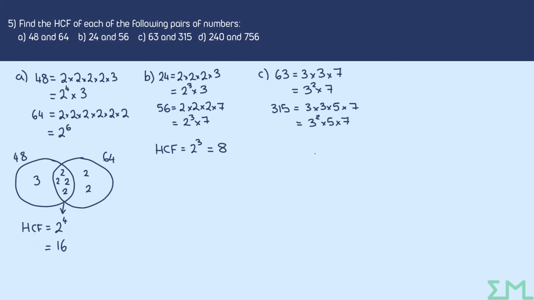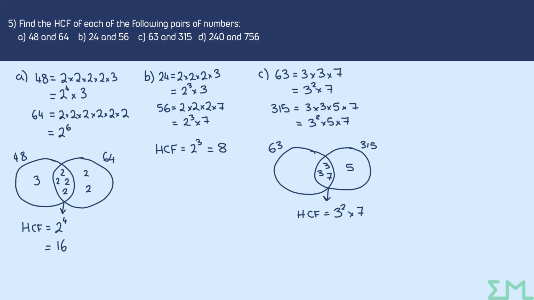Now we're going to do the Venn diagram method again. So I draw my circles, decent sized overlap, 63, 315, things that are the same. 2 3's are the same, and a 7. 63 doesn't need any extra numbers, so I don't need to put anything here, and 315 needs an extra 5. So my HCF is the product of the numbers in the overlap, which is 3 squared times